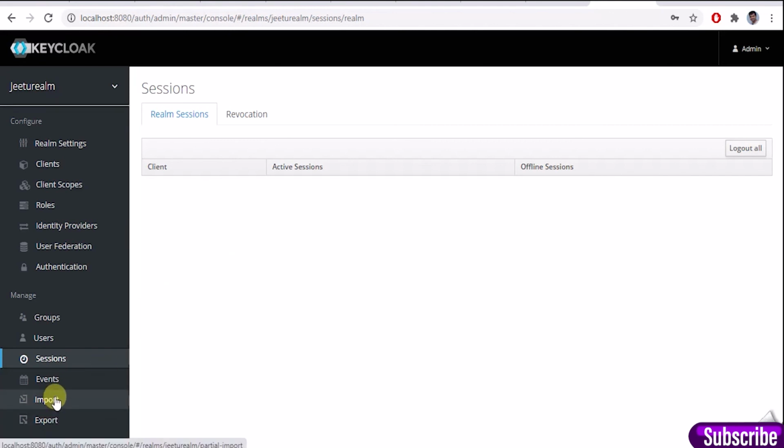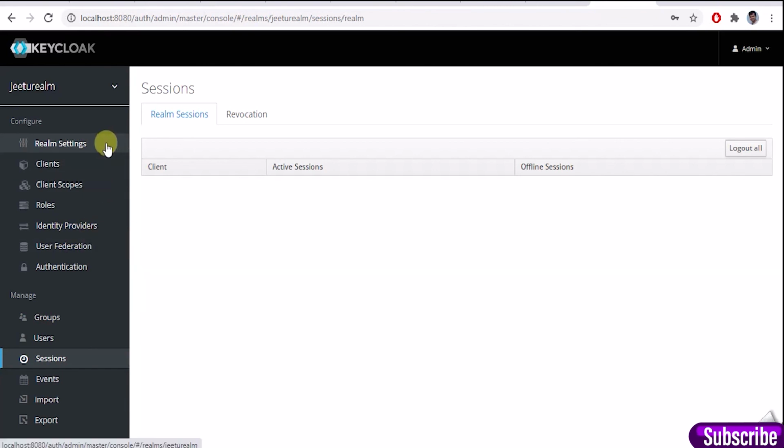You can import the settings of this realm, any other realm, or export the settings. So import and export is also provided. Using import, you can import other realms' settings, and using export, you can export, and this is done in a JSON file.